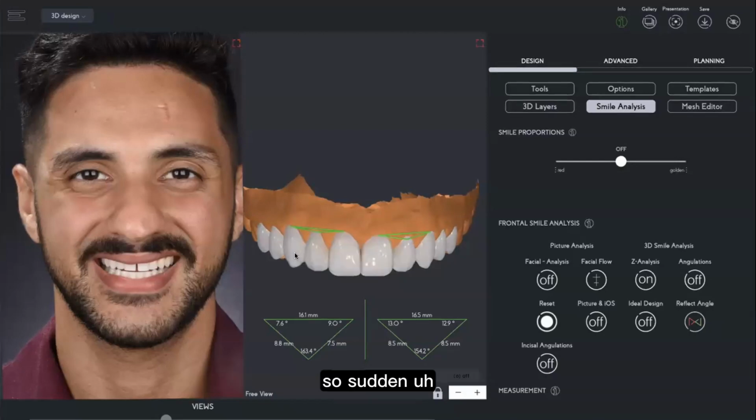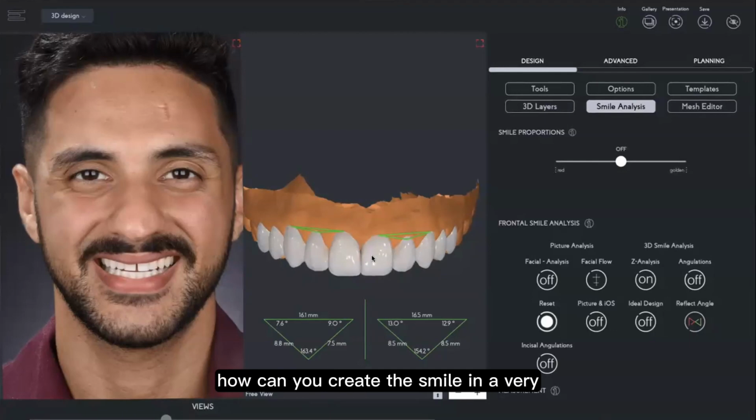So you can talk now about gingivectomies, you can talk about the treatment plan, you can talk about very, very specific details, how after the smile analysis, how can you create the smile in a very, very harmonic and